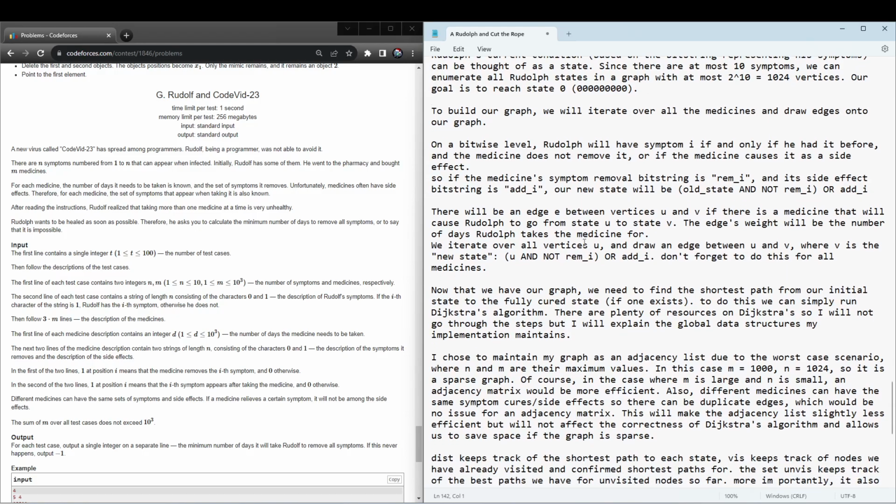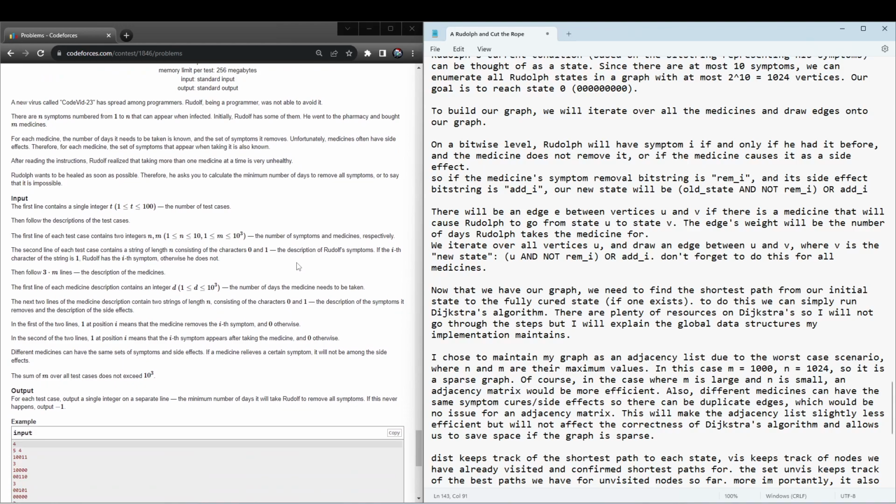So to build our graph, we already have our vertices. Now we need to draw the edges. In order to draw the edges, we will iterate over all the medicines and then draw our edges accordingly. Since each medicine has the potential to change our state, for each medicine, we're going to have to draw an edge on each node, or each vertex, state, whatever,